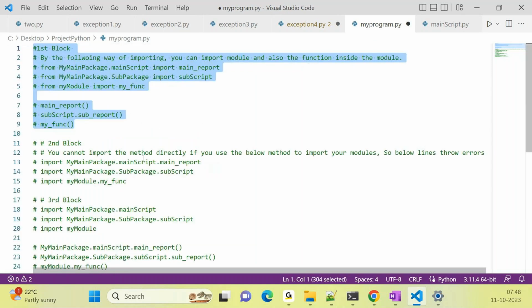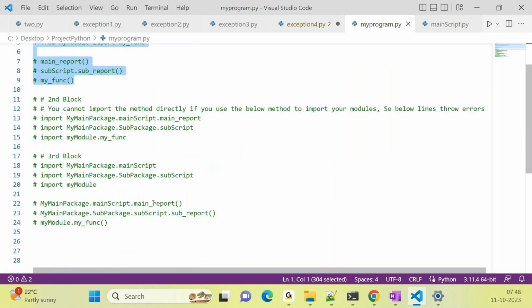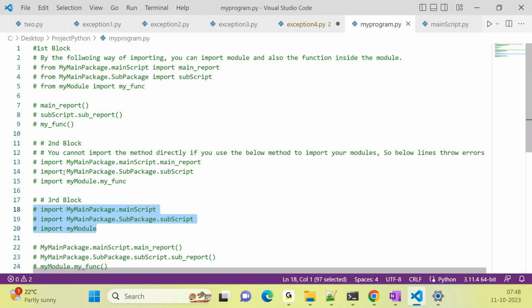So that is why in my program, what I did was use this import, but I tried calling the function this way. That way it was not working that day. And one more thing is,